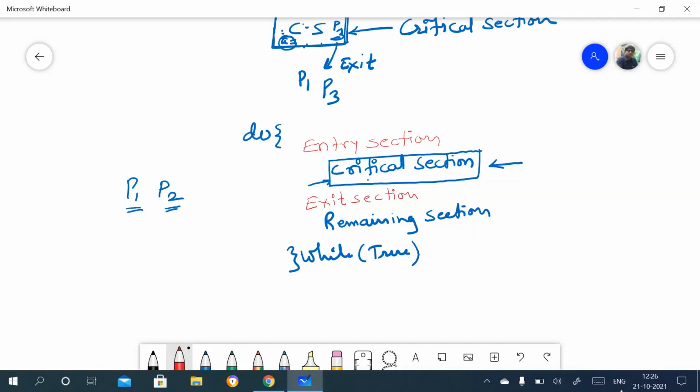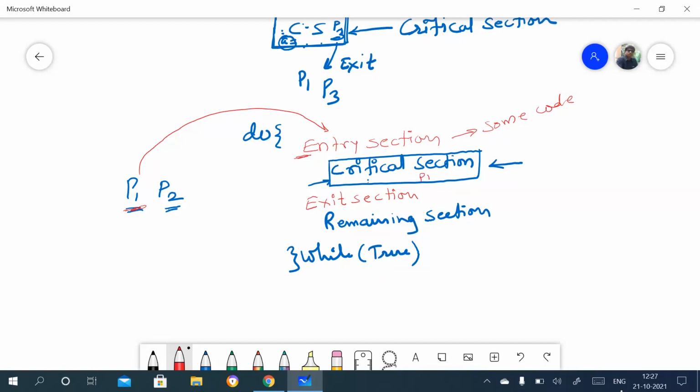Now see, suppose that P1 wants to enter into this critical section. So first that P1 needs to execute whatever code is inside this entry section, because it is having some code, right? So P1 first needs to execute that code, and when that code allows entry into the critical section, then and only then P1 will enter the critical section.